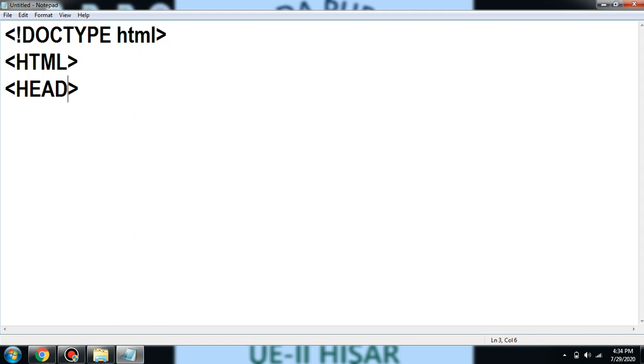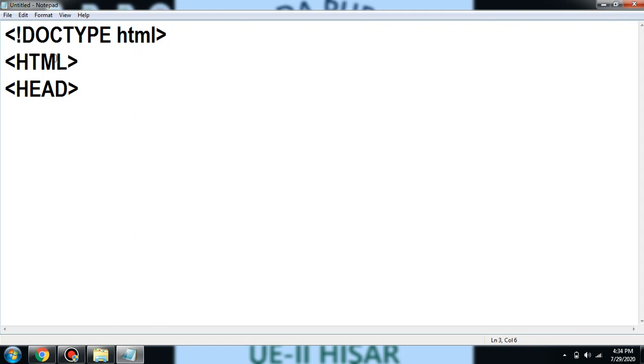The head tag can include some information that will not be displayed in the browser window. This information can be metadata or references to scripts, if we are using JavaScript or any type of script or any style sheet. Then this declaration will be done under the head tag.